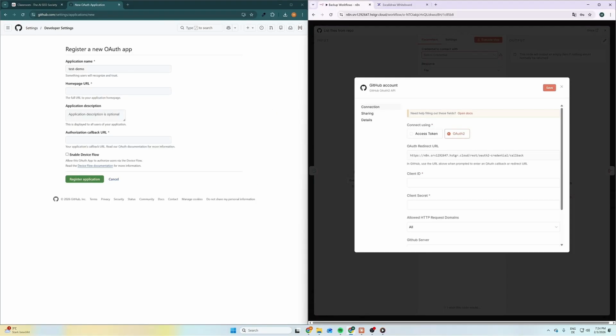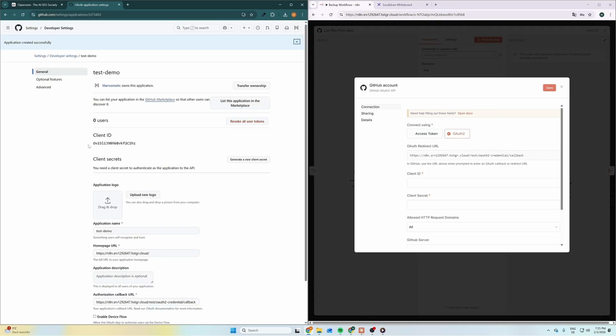Then we need to add here to the authorization callback URL, the redirect URL. So you can simply copy it, go back and paste it here. In case you want to add a description, then you can also do that. And for the homepage URL, you can simply copy and paste the URL to your n8n instance. And once you have done that, then you can click on register application, and then you will receive the client